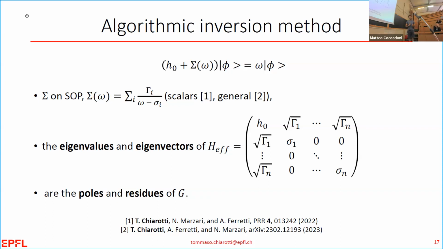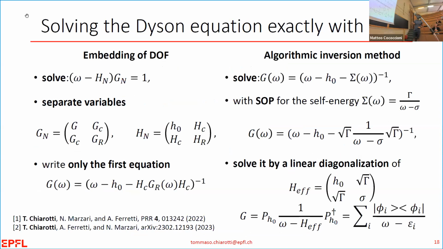Now, this is actually a paradox. It cannot be done. And indeed, there is a trick: this system is larger. It is larger by the degrees of freedom of the self-energy. So in some sense, what you have done is that you invented ghost particles that are non-interacting, and you write an effective Hamiltonian for this system, and then you have the Green's function for this system. You project into the subspace without the ghost particles, and you get the exact Green's function. And I will explain why, to do a sketch of the proof in this slide.